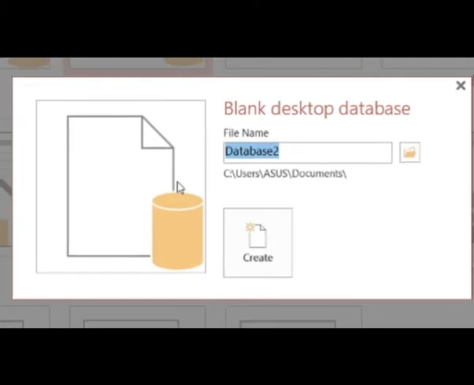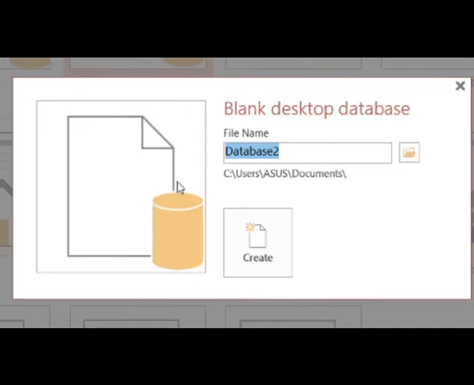So let us type, and can you see here, once you bring your cursor, Database 2 appears on the screen. This is the suggested file name which the Access application software is suggesting to the user. If you want to change it, you can change it to a name of your choice, and that name should not be irrelevant, like naming it after a flower, rose or sunflower. No, it should be relevant to your file. What I want to do is create a document for class 8th D.